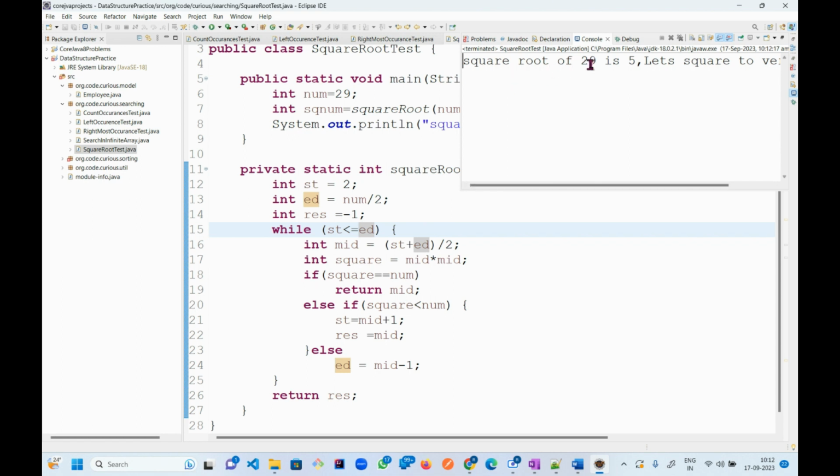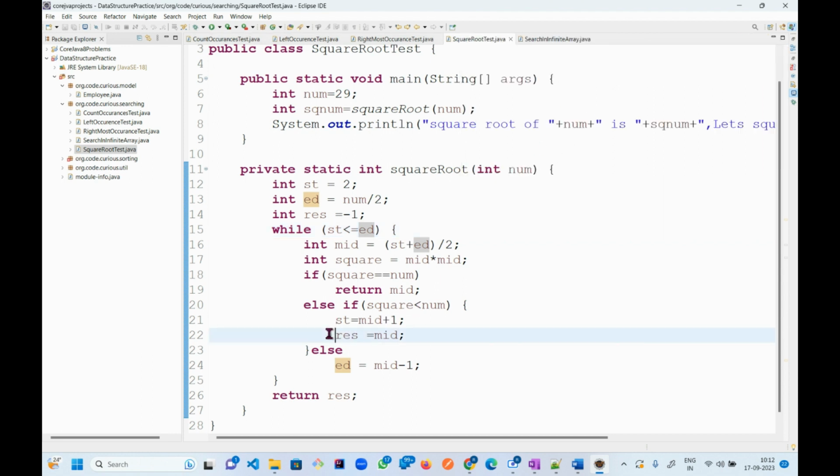So square root of 29 is 5 only. It's not 5 point something. You can check for the value 5, the square value of 5 is 25. But here you are calculating the square root for 29, and it's returned for 25 only. Why did that happen? Because of this line only. Okay, otherwise